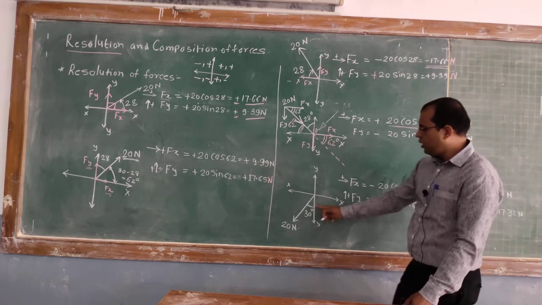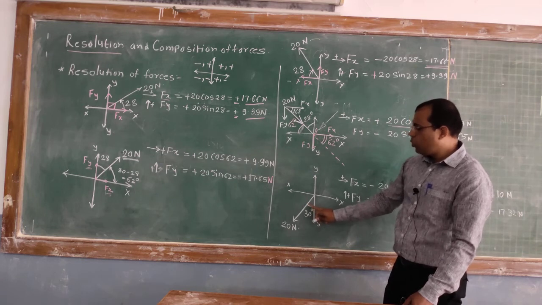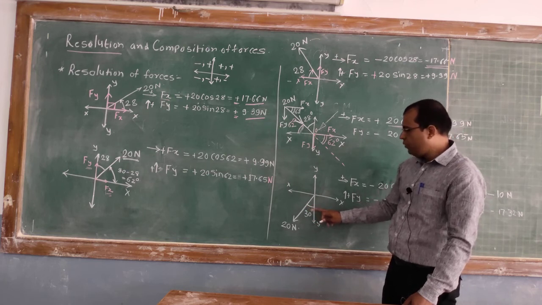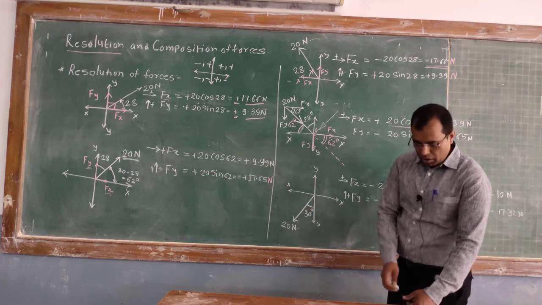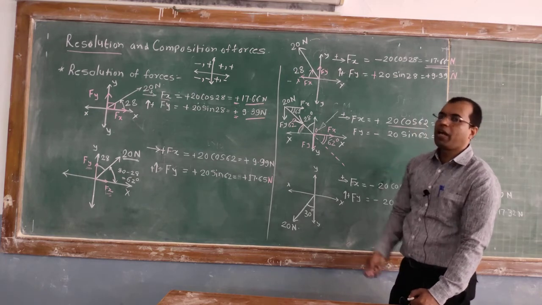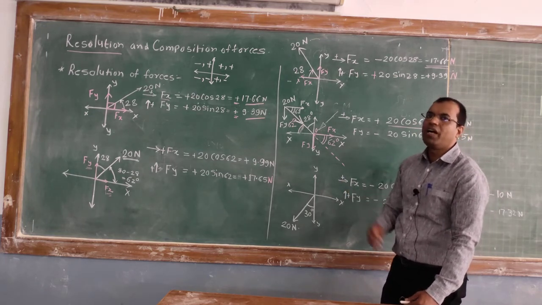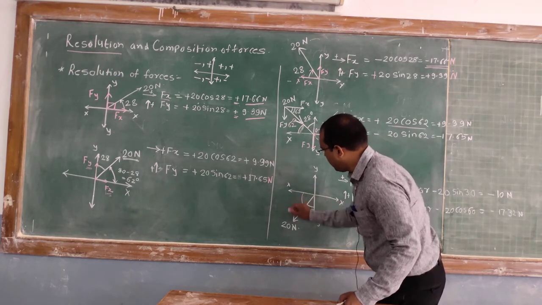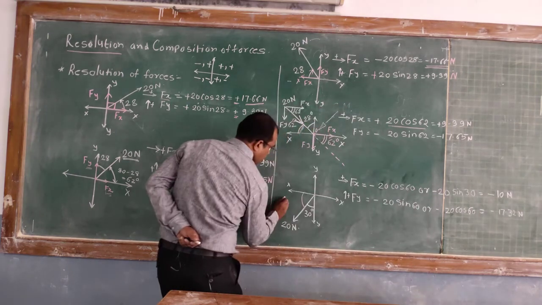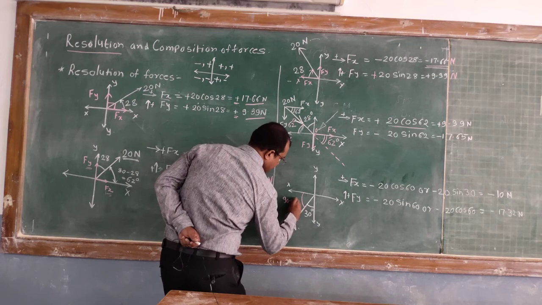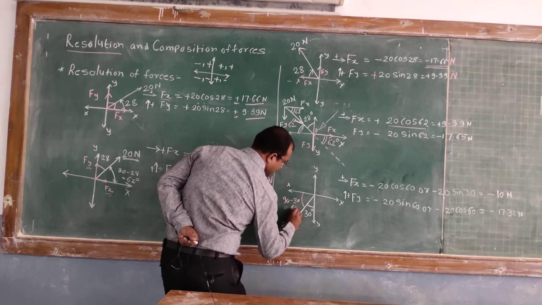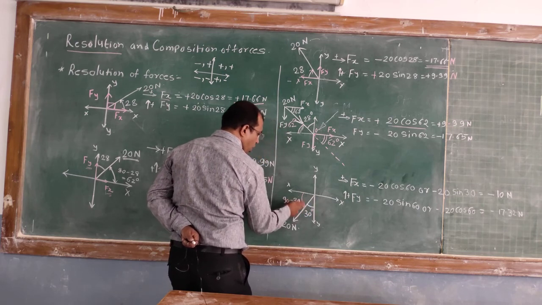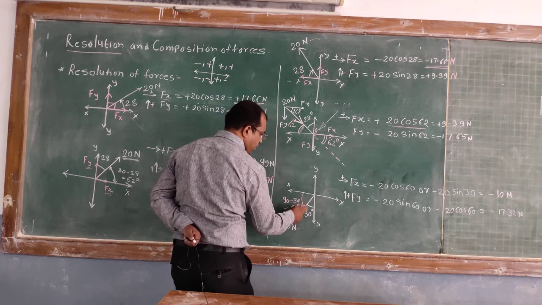Okay, now this angle is given as 30 degree with respect to the y axis. We don't have the angle with respect to the x axis, the angle is given with respect to the y axis. So in order to use the formula f of x equals f cos of theta, and for f of y, f sin of theta, the better way is to find out this angle. So what is this angle? This angle becomes 90 minus 30, that is equal to 60 degree. Okay, now this force makes an angle of 60 degree with respect to the negative x axis.